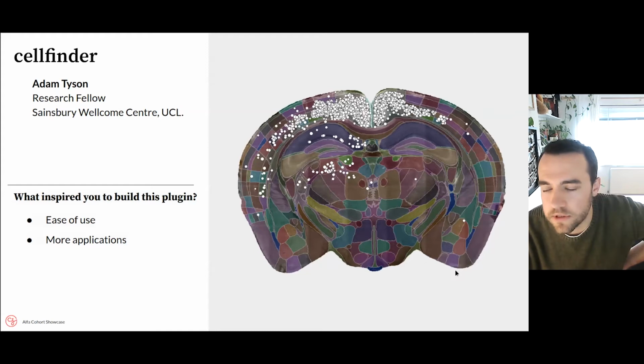So this image here is a coronal section through a mouse brain and each of the individual colors is one of the brain regions. And then the next step is also to detect labeled cells throughout the brain from various different kinds of experiments. And these images are often very big. They're a few hundred gigabytes, often up to maybe a terabyte for a single 3D image. And so detecting cells throughout the whole brain in 3D is computationally very expensive.